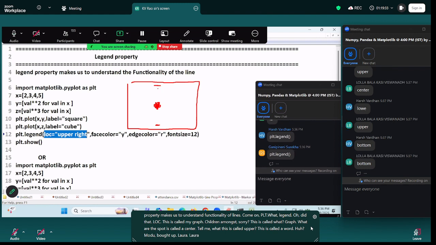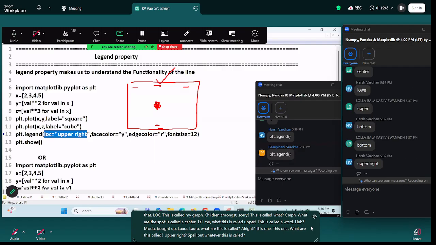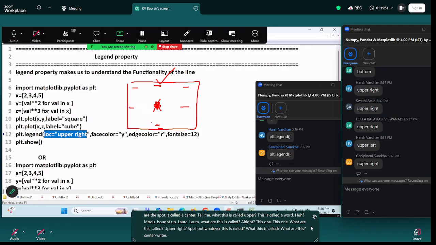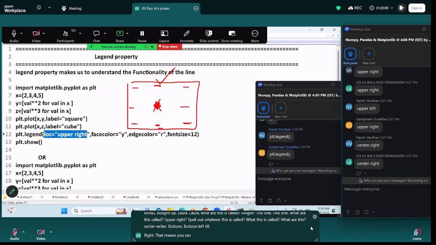Lower. What is this called? Okay, this one. What is this called? Upper right. Spell out, what is this called? Center right. Bottom, bottom left, right. That means you can align your legend in any one of the locations, but you don't